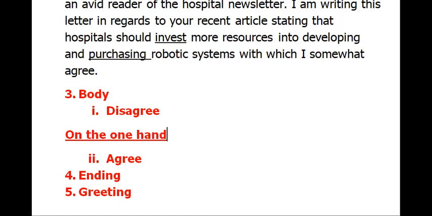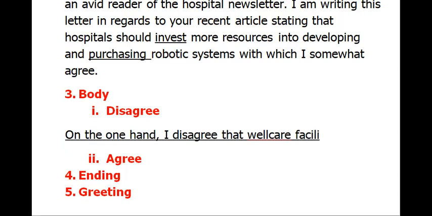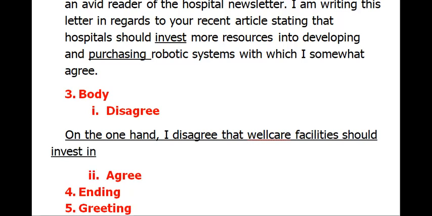On one hand, I completely disagree that healthcare facilities should invest in surgical technology, let's say in their state-of-the-art